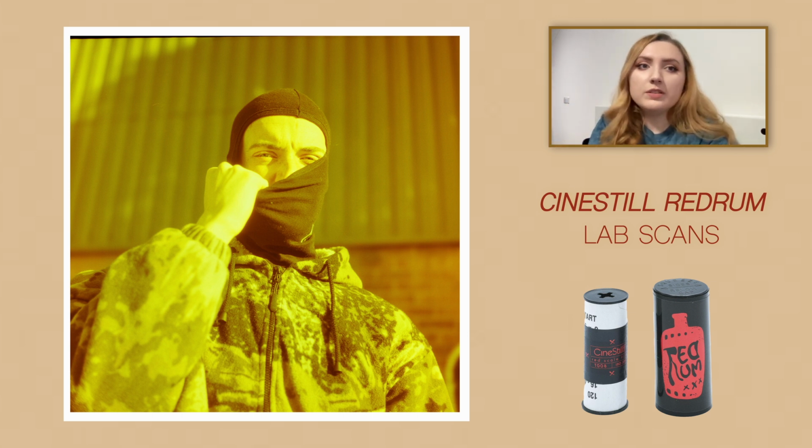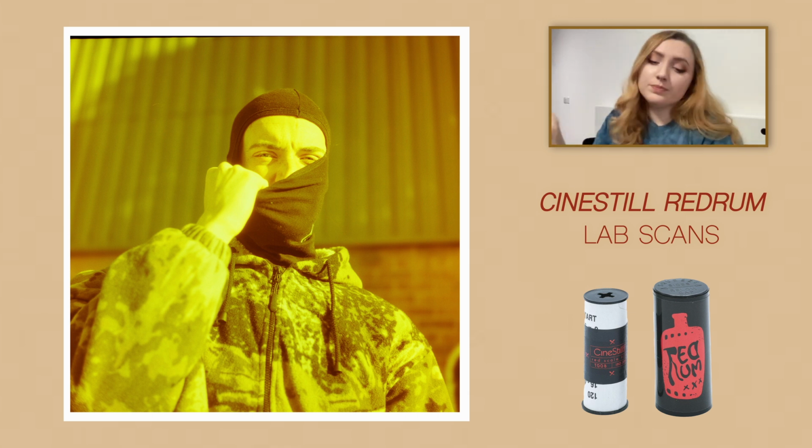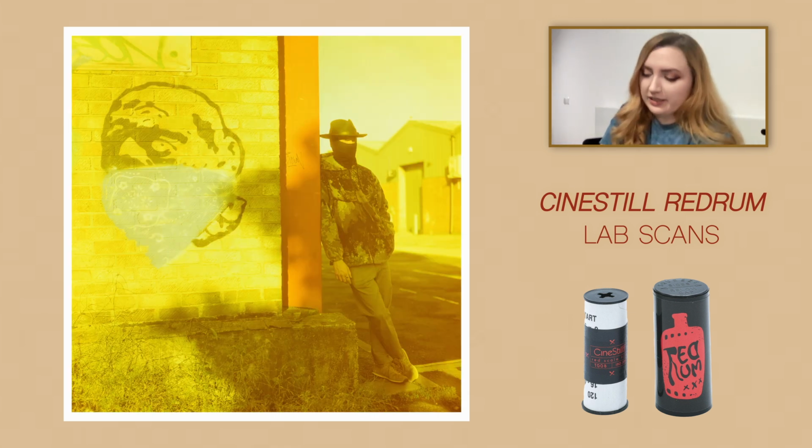So I was super disappointed when I got these back and they just look like they've not been given any sort of review. It just seems like they've scanned them, sent them off, or scanned them, been like, oh, that's red, let me get rid of it. I don't know. This one has quite an interesting